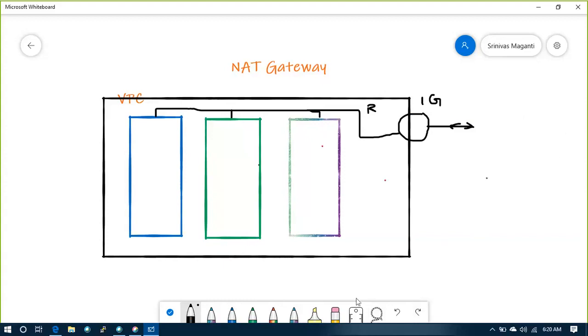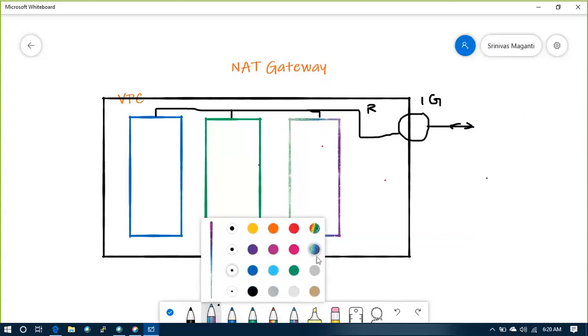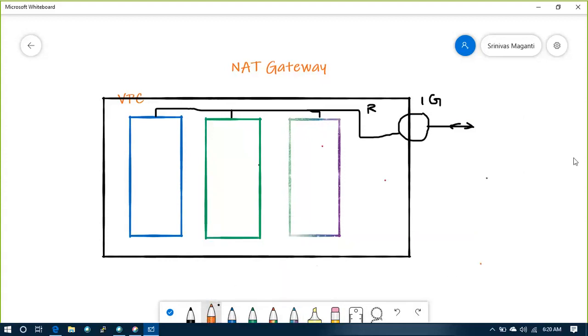Let's take what is 3-tier architecture. Do you know anything about 3-tier architecture? Neha, especially you, on the development side. What is 3-tier architecture?